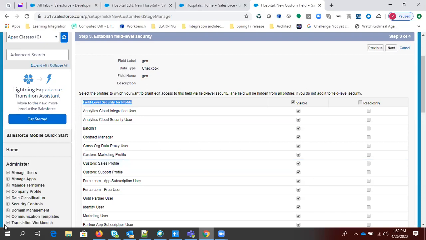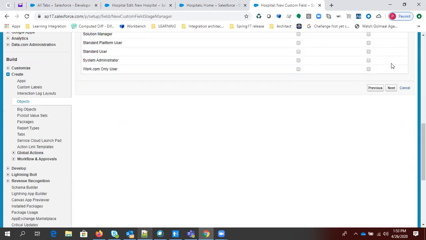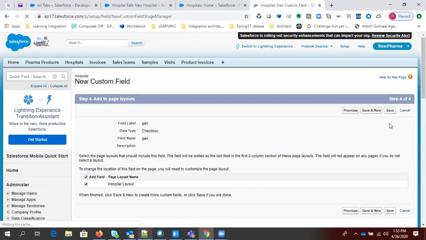So you can see here it is asking which profile this particular field will be available for. So let's say I only want this field to be available for the batch 91 profile, right? Then you can simply hit next and save.